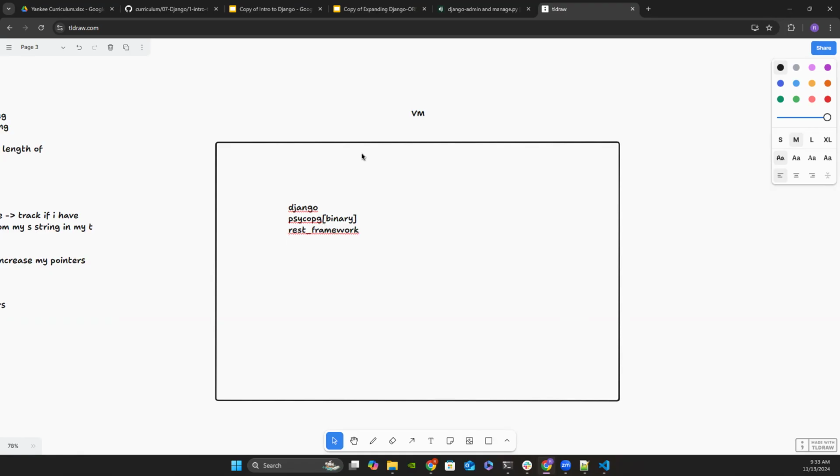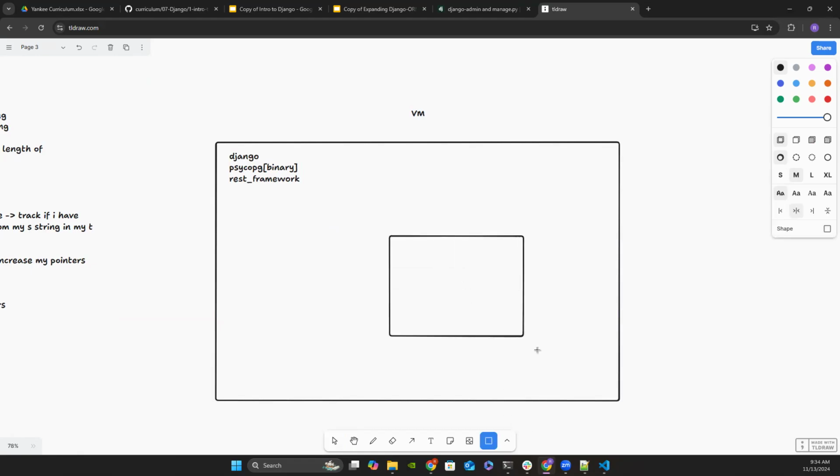Instead of installing all these extra things within my overall virtual machine that I might not need, that can interact with other stuff, what I would like to do is isolate these installations to a certain location. So by creating a virtual environment, I essentially create some kind of a container